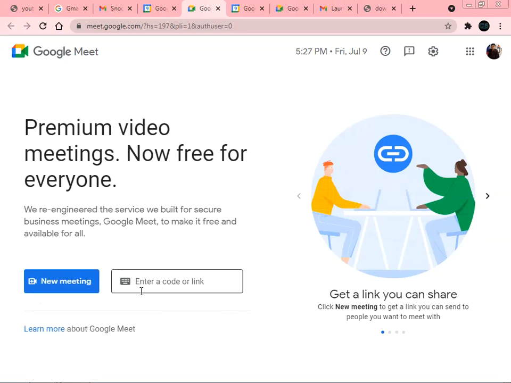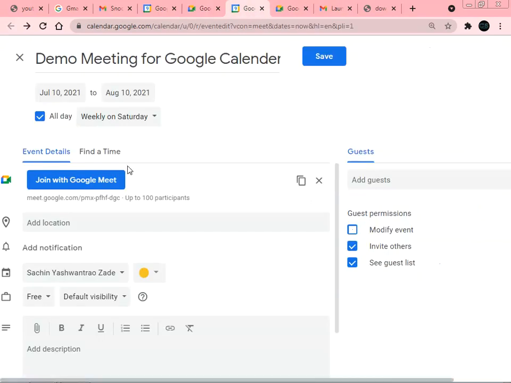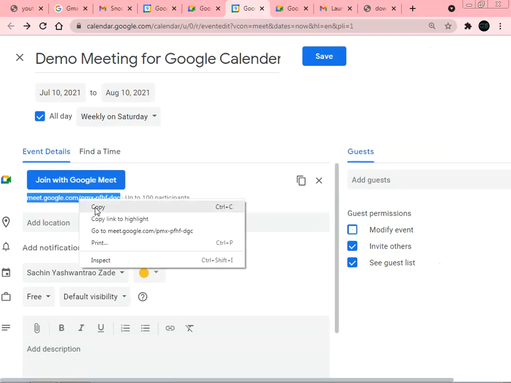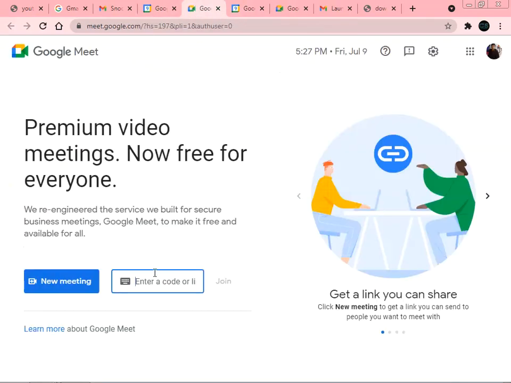Now here it is written as enter a code or the link. If we are going to copy this completely, we can copy with the help of this, copy the conference information, or we can directly copy this particular link and we can paste here, if any time we want to start it. So we are going to copy it and we are trying to paste it.